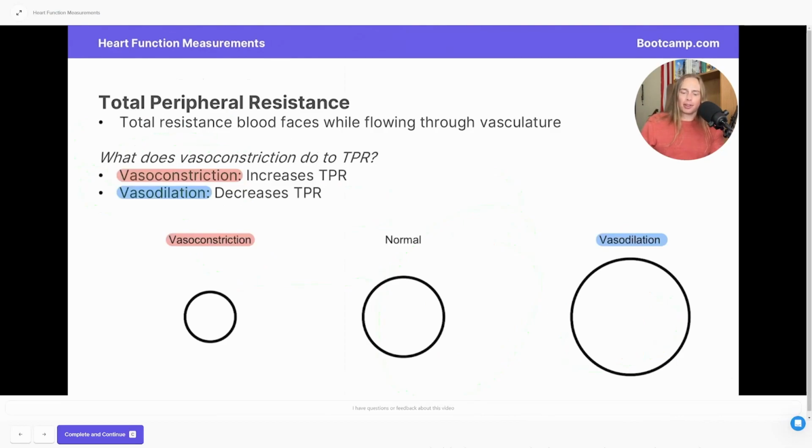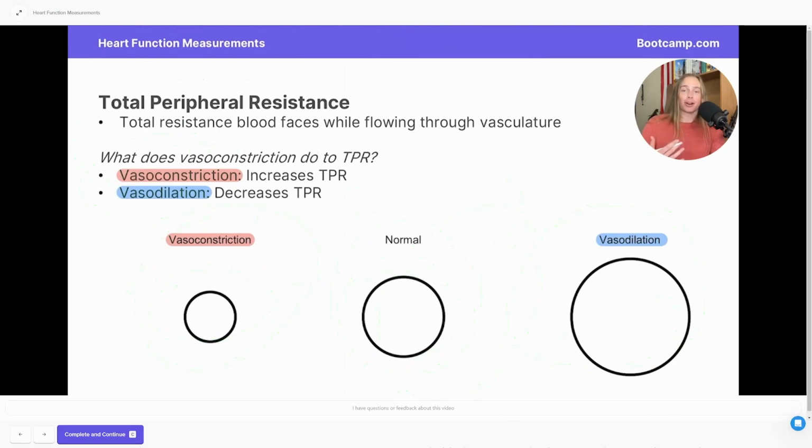So if we start off with a blood vessel of a normal size and it undergoes vasodilation, this means it's going to expand its diameter and become larger. On the other hand, if it undergoes vasoconstriction, it's going to become smaller. In the case of vasoconstriction then, we can think about it as the tube started out this big and there was plenty of room for the blood to flow, and now the tube is much smaller, so there's less room to flow. This is going to mean that there's more pressure within the vessels